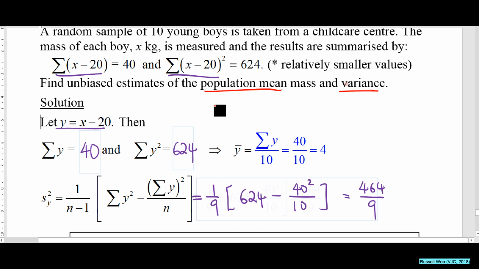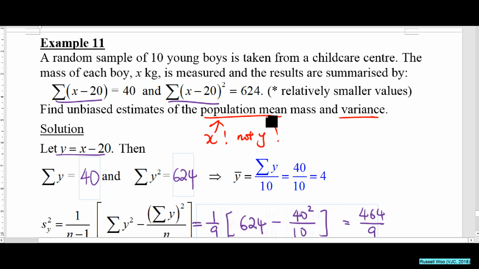This one, the population mean is of x, not y. Because x is the data we're interested in. Look, this is the x. X is the mass of a boy. It cannot be that the mean mass of a boy is 4 kg only. You follow what I'm saying? Yes? Cannot be. Doesn't make sense. You have only found the mean of y, you have not found the mean of x. So,